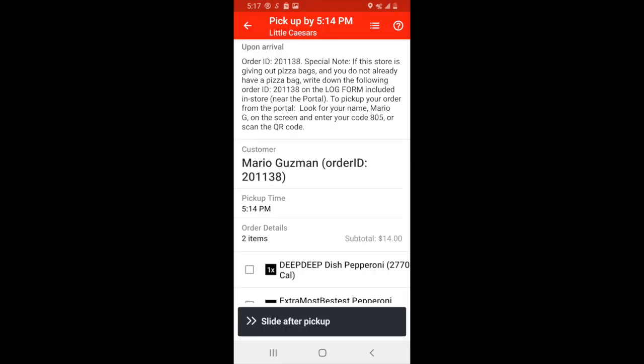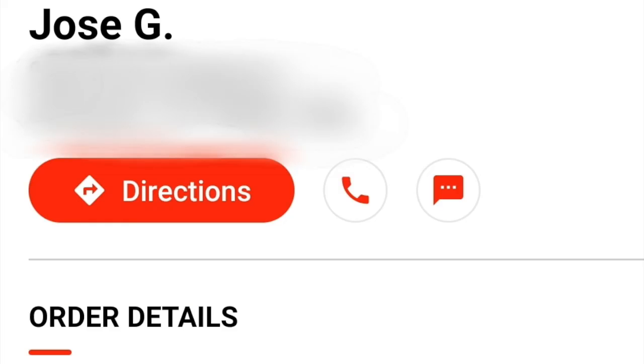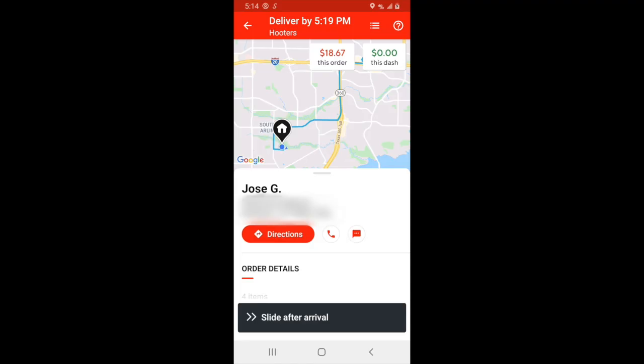Once you have the order and you've checked off all the items on the app, you can go to the bottom and slide after pickup. From here, a map will pop up as well as the customer drop-off address. Just like when we were heading to the restaurant, you can click on the directions button to use your default GPS setting to navigate you to the customer's drop-off location. If at any point you need to call or text the customer, you want to hit the icons on the screen. Once you have arrived at the customer's drop-off location, you can slide after arrival at the bottom of the